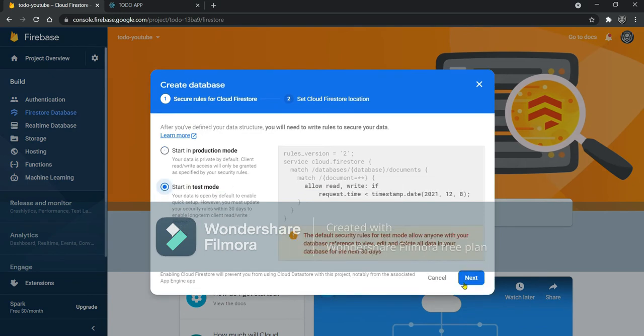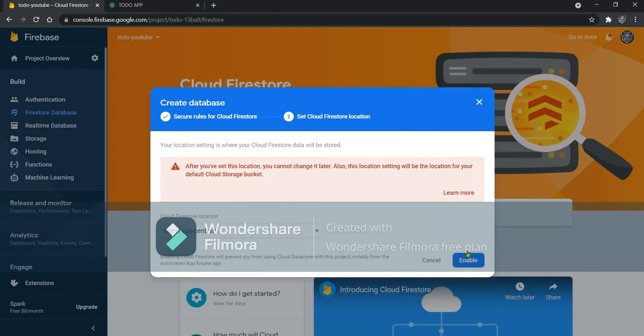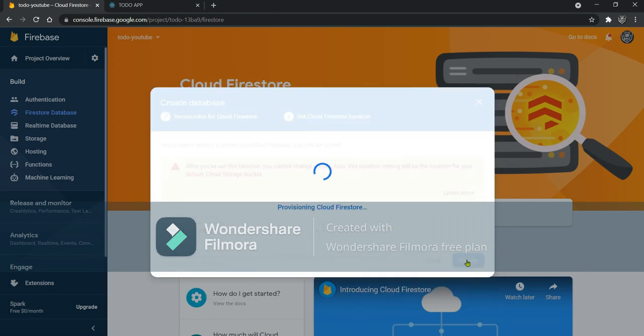Click here, click on next, click on enable. It will take some time, let's wait.